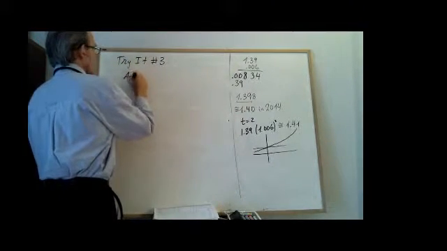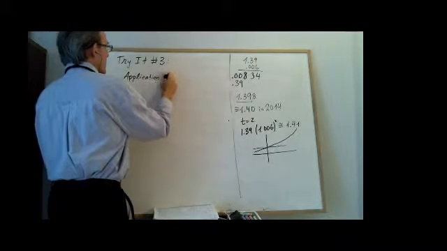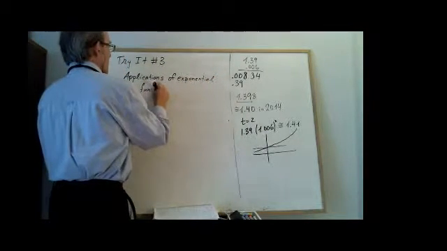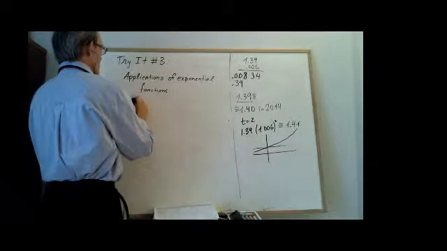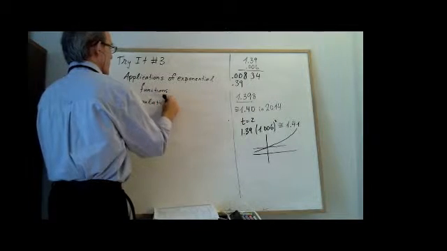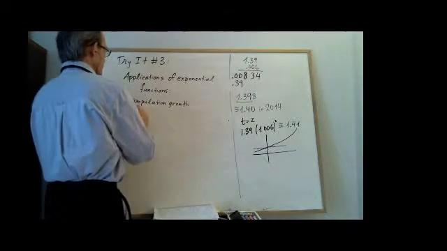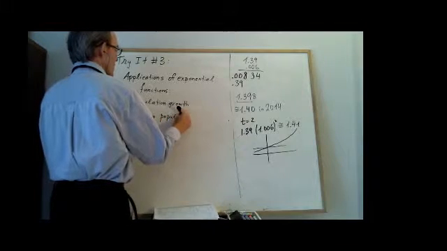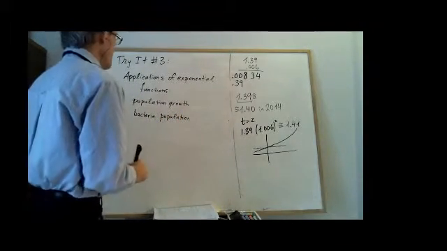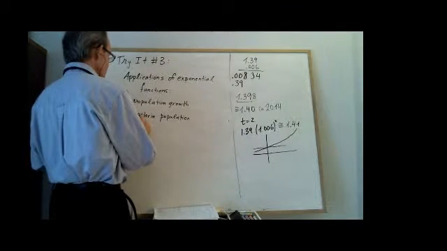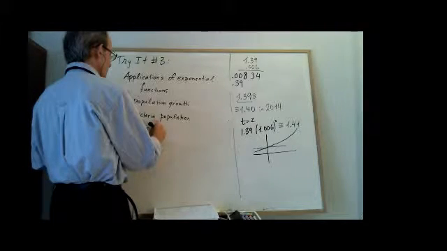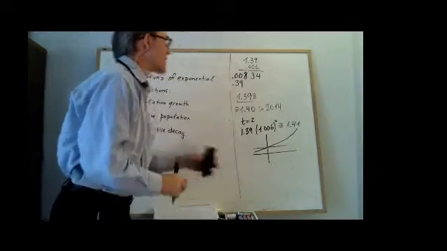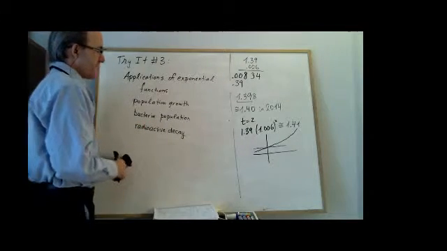So these are population growth, bacteria population growth, as well as radioactive decay. Radioactive decay is given by